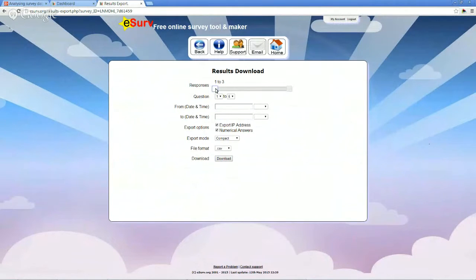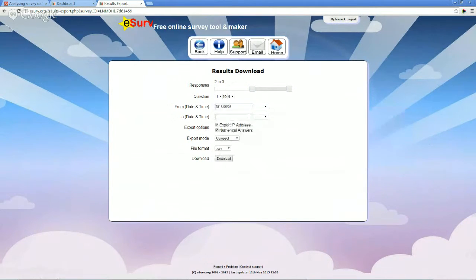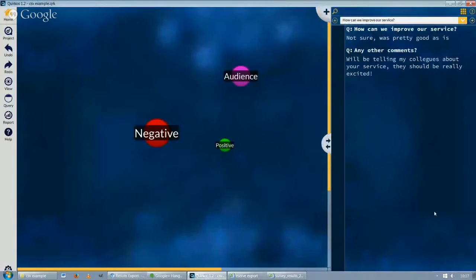So say we had new responses come in and we only wanted to take the last two, or those between a particular date and time, so those in the last week or something like that. Then what we can do is create, by clicking on the download button, a new file which just has the new responses. And then when we have that file, we can use the same process again to bring them into